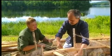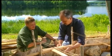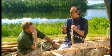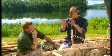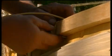We're building this canoe with all traditional technology. Crook knife, all hand tools. There are people who cheat, aren't there? Yeah, you can use a drill to make these holes, you know. The only difference is that with the drill, you're actually removing the fibers of the bark, whereas with the awl, you're just separating it. And the bark tends to want to close up on itself afterwards. The bark wants to heal itself up, so it's better to use an awl than to drill out the